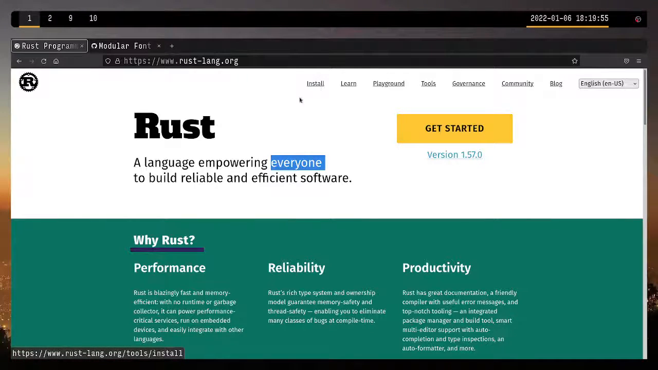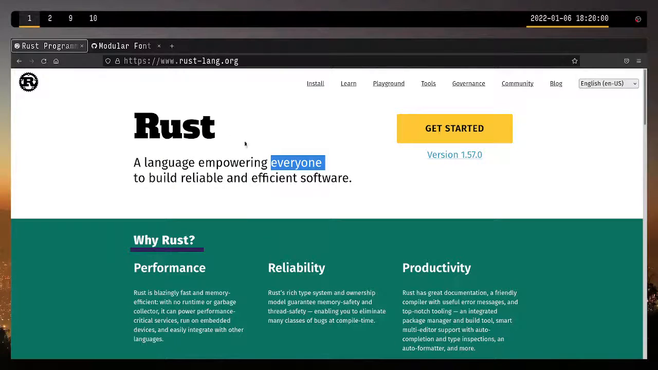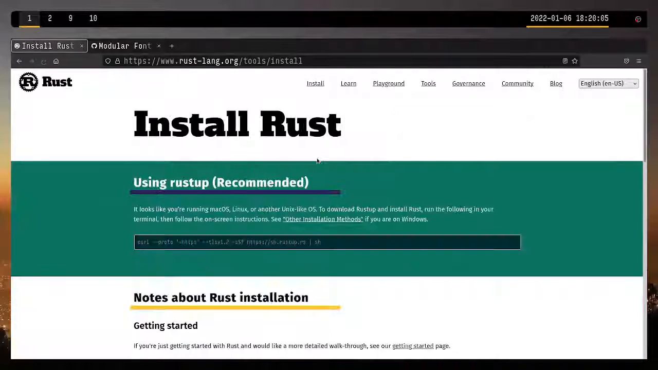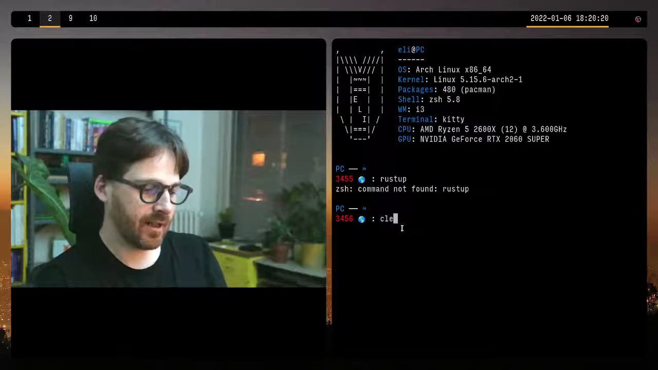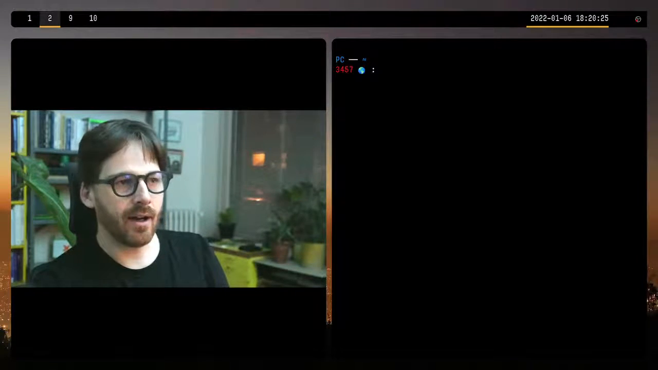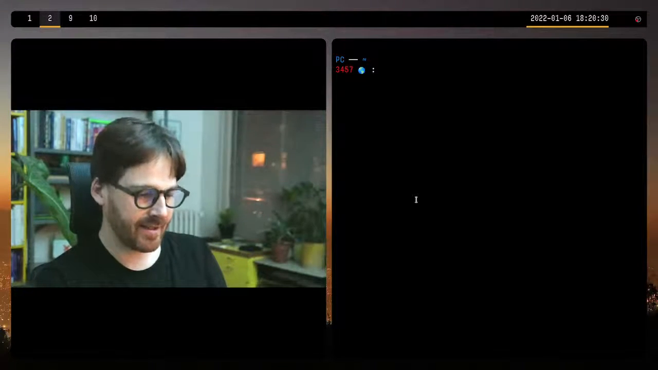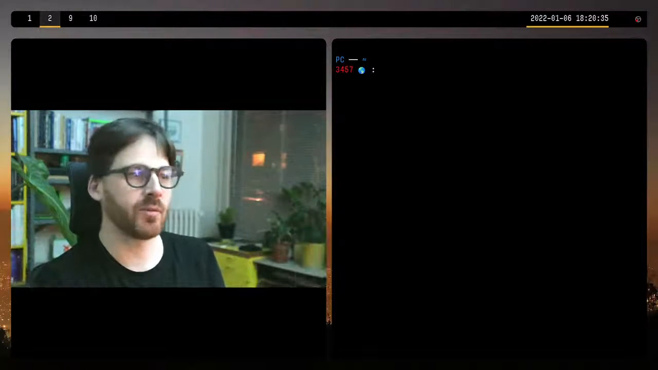So if you notice up here, before we can do anything with Modular Font Editor K, we have to do the Rust install first. You can see there's an install link up here, and you click this, and you'll see this way of installing Rust right here. It's basically a command line, something you enter in ZSH. It's a terminal command, but this can be a little intimidating to people at first because they see this, and